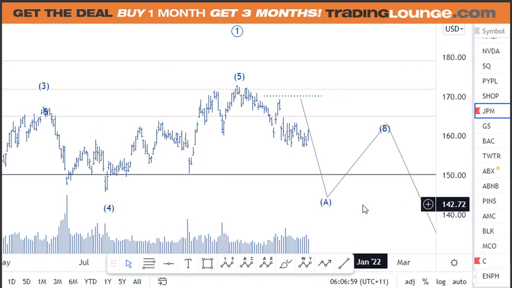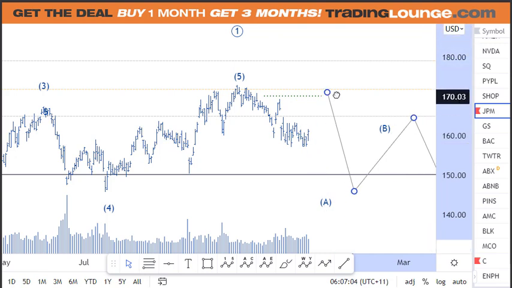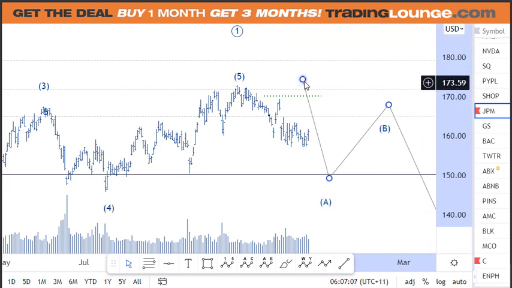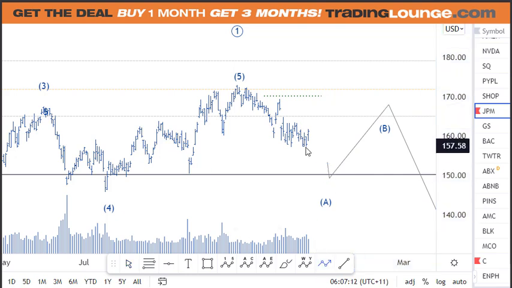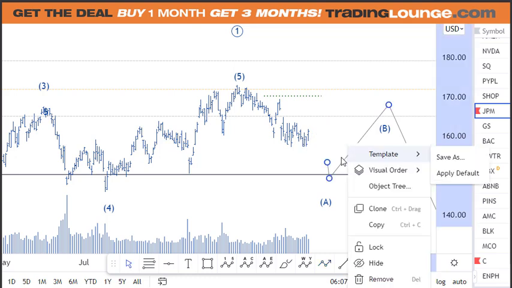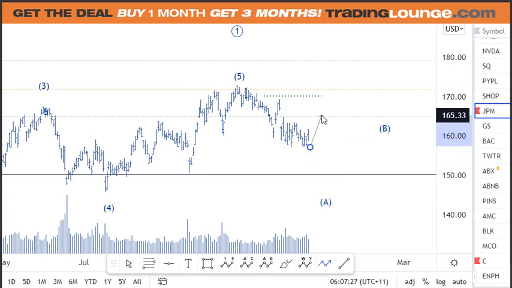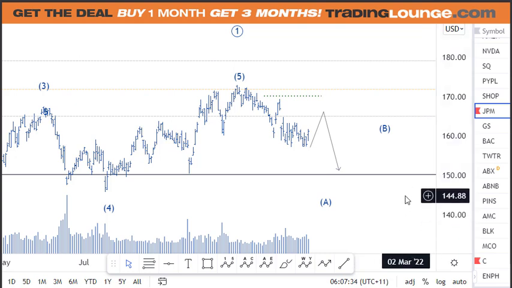So while that's there, let's move that out of the way a bit. This is just likely here as an A wave, a B wave, and some sort of C wave to here, and then head down at that point. Okay, you can look for a little 5 waves up here, and then we'll head back down. Okay, that's Morgan's that we're looking at. BAC will be the same. I just wanted to have a look at